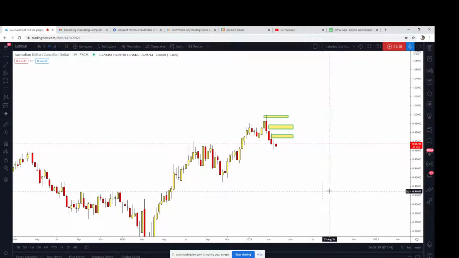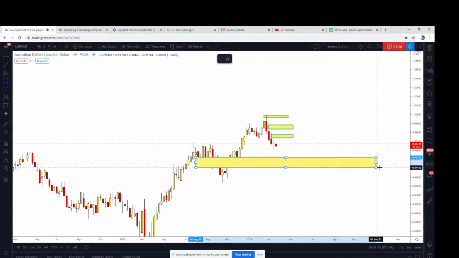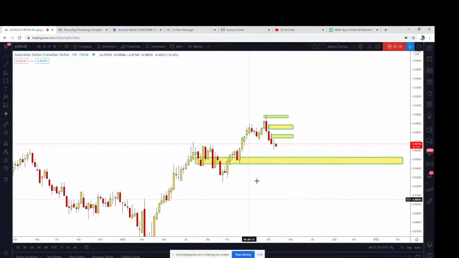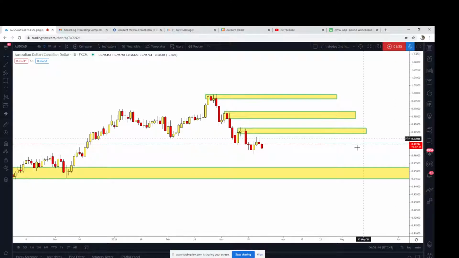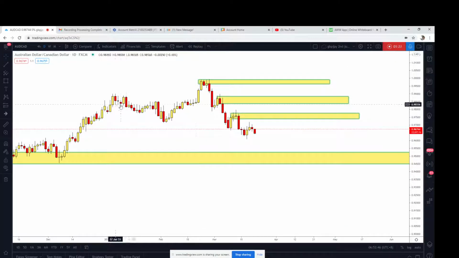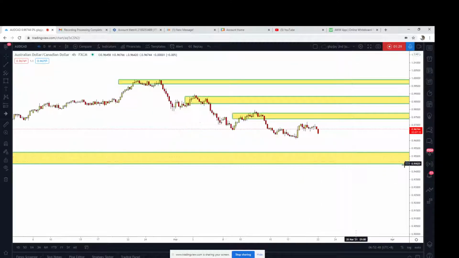Okay, my target area for AUDCAD is at least until this major zone at 0.9400 to 0.9500. So AUDCAD is more going short,